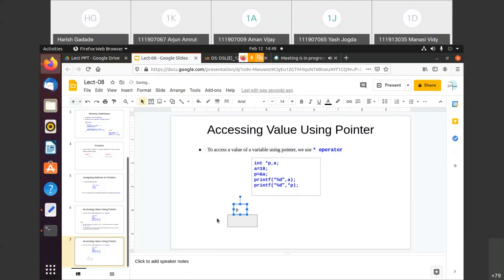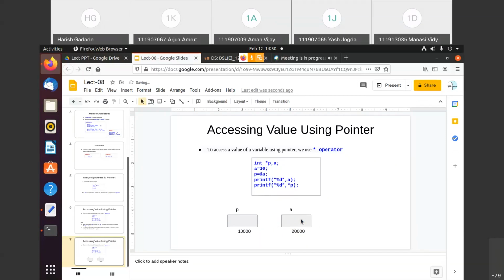This is P, and here suppose I'm writing the address of this as 10,000, right? Now see, we'll take this as A, and this address is suppose 20,000, and into this the value 10 would be there, right?